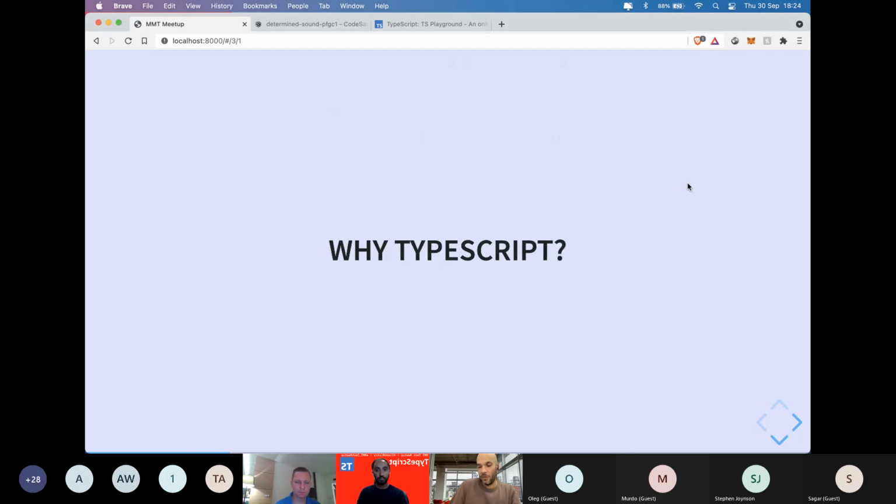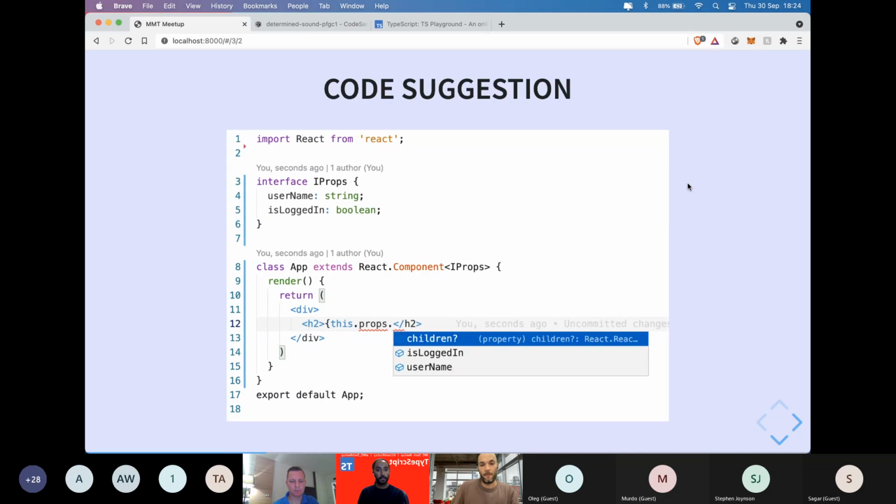So why should we use TypeScript? As anticipated by Ilesh, I think one of the main reasons is that our IDE gets smarter and more intelligent. Here we can see while we are typing in development mode, we get some suggestions and hints from our IDE, based off the interface we have defined above.